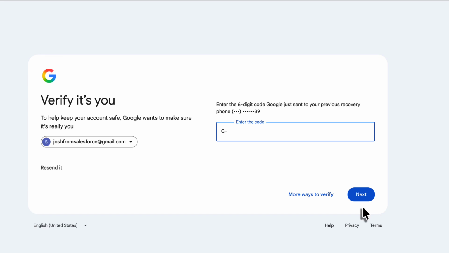Because everybody knows MFA is the way to go. That is 226019. And then next,